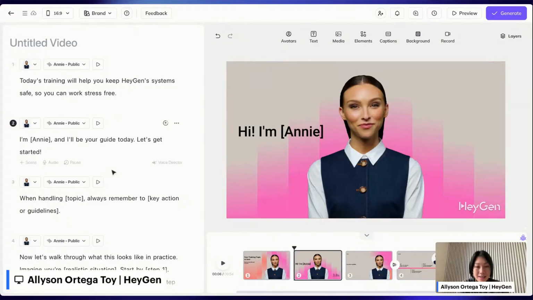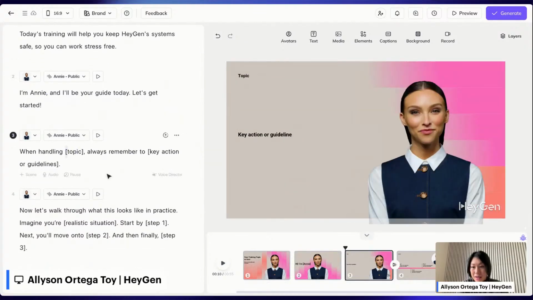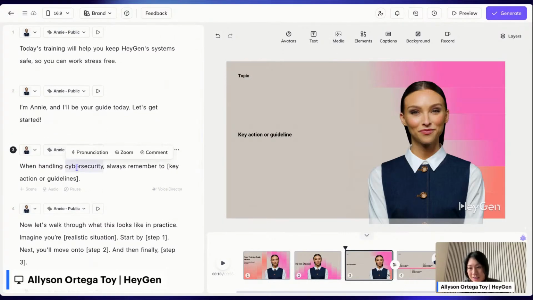And then this is our presenter. The name of this avatar is Annie. I'll just leave that. And then let's see, when handling, let's say phishing, handling suspicious emails, always remember to avoid clicking links, forward the message to, let's see, actually we'll get to that later. Always remember to avoid clicking links, putting